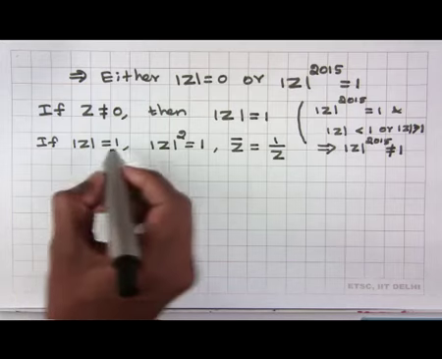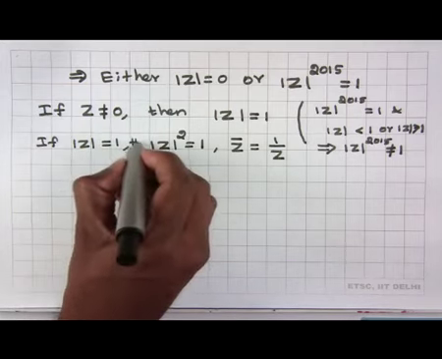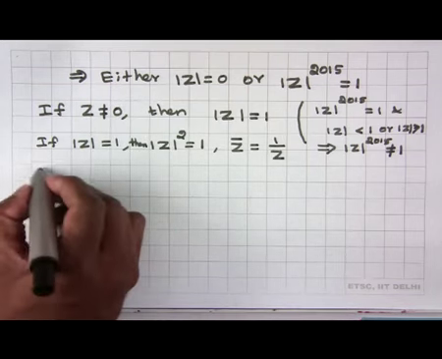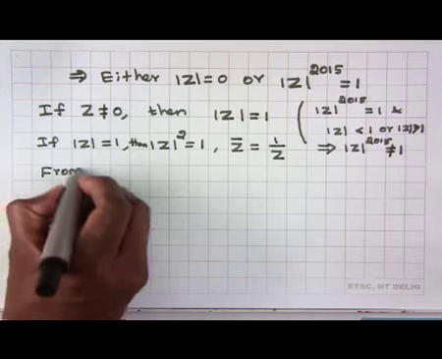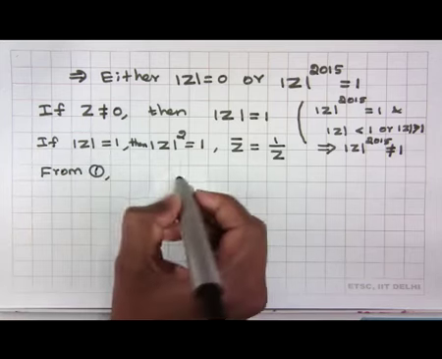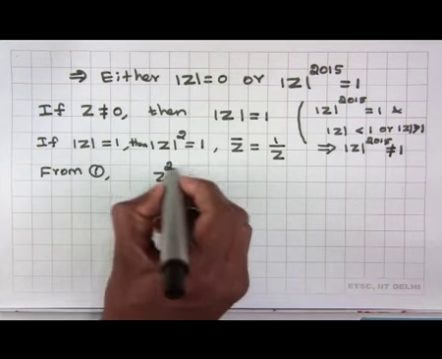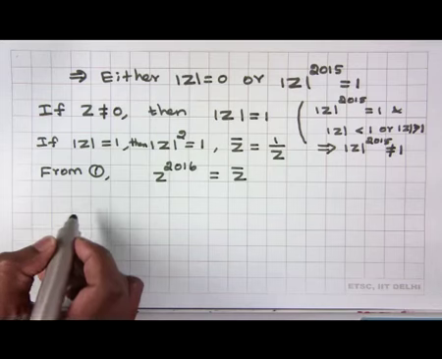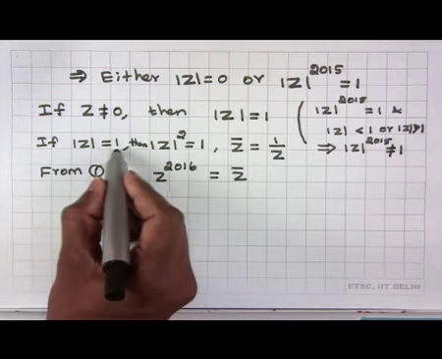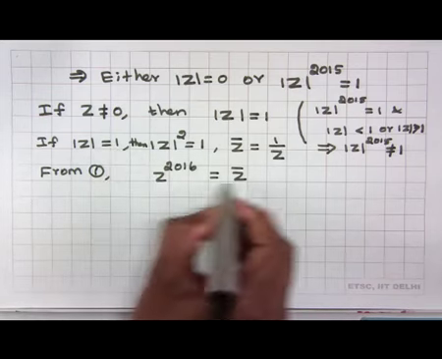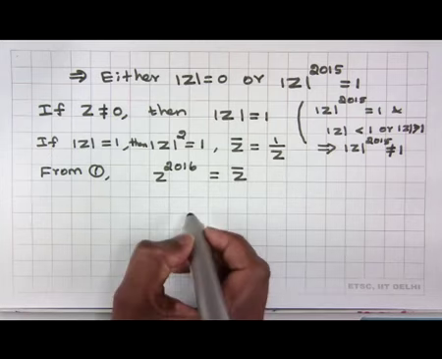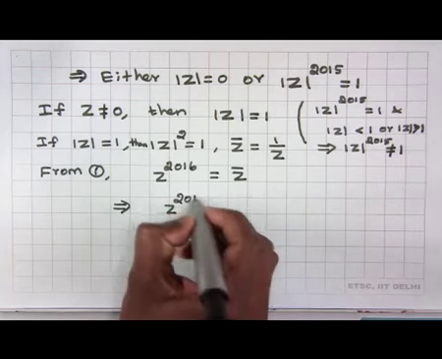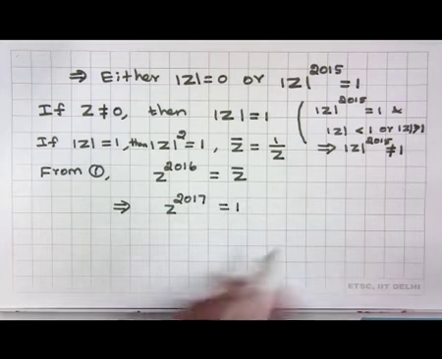Now, under this case we go back to equation 1, our complex number should satisfy z power 2016 equals z bar. Now, we are in the case mod z equal to 1, then z bar is nothing but 1 by z. So, this implies that z to the power 2017 is 1,